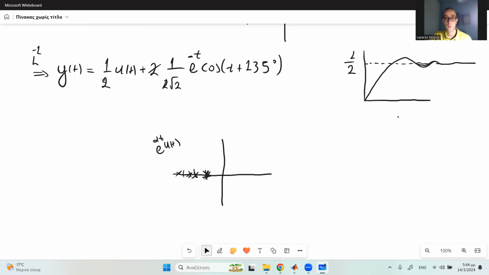If we have multiplicities, we are going to end up with all of these additional terms, and more and more depending on the multiplicity, of course. So for each additional multiplicity, you get t times the exponential, t squared times the exponential, and so on and so on. And the same thing happens when you have complex conjugate